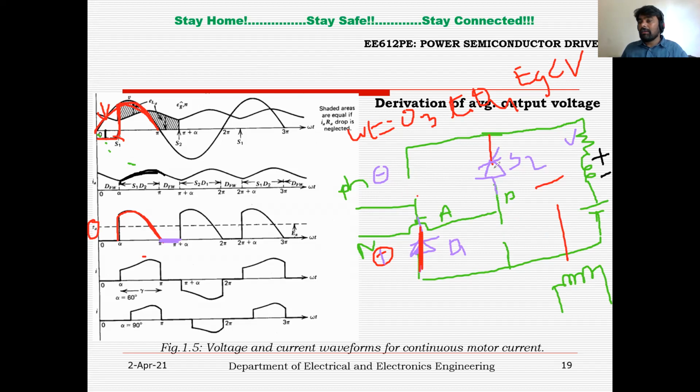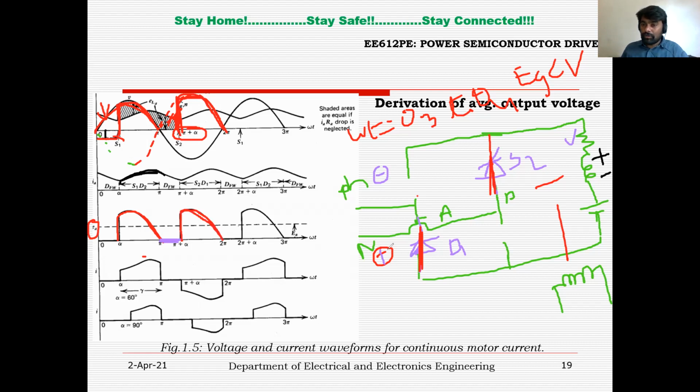But we need to trigger S2 to get the closed path from the source to the load, right? So S2 should be triggered after theta 3. Somewhere here you may see the theta 3 value. So now you can see S2 is triggered at pi plus alpha, right? If you draw the waveform like this, negative half cycle, from this particular point onward the output voltage has to follow the input voltage. So you can see it is following the input voltage, right? That is why the voltage across the load is like this, right?